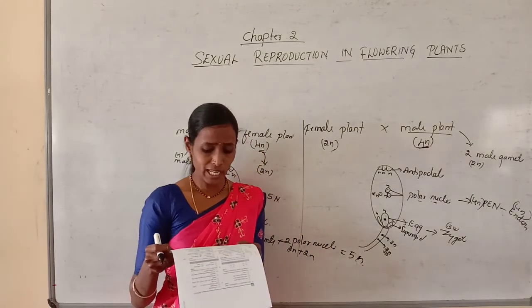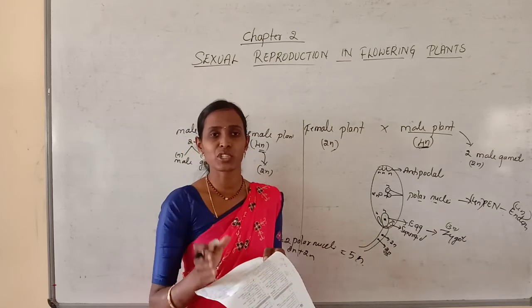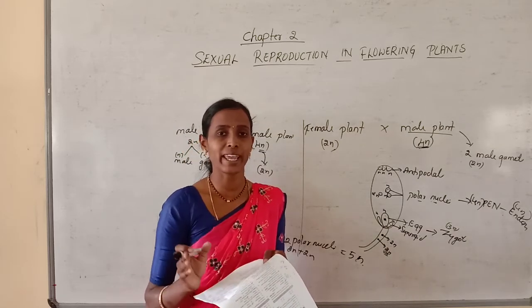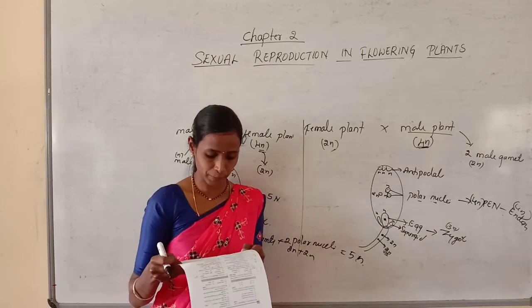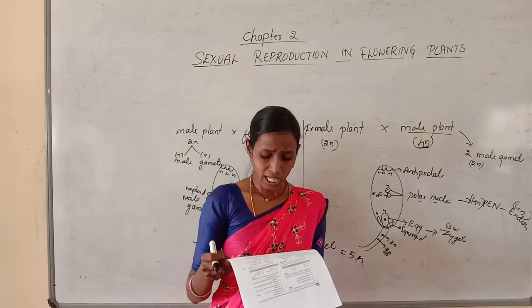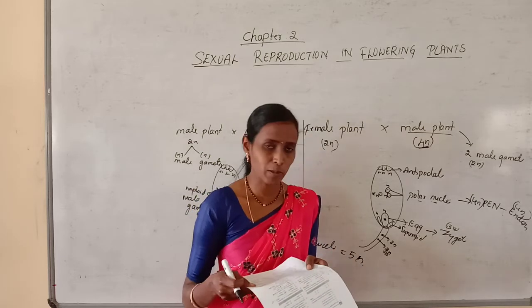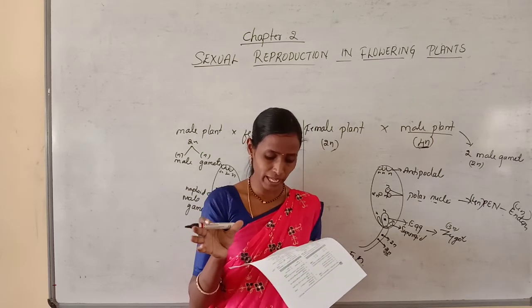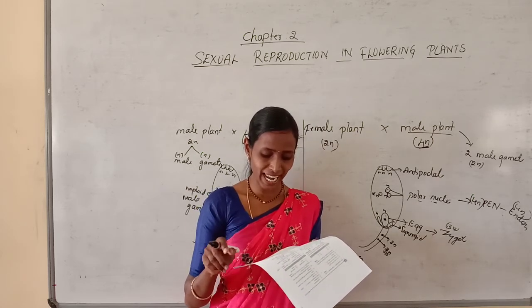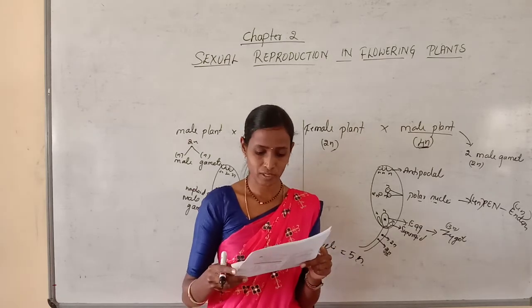And next question, double fertilization is a characteristic of. So double fertilization is the characteristic feature of all angiosperms. No doubt in this. So option A is correct. Next question, double fertilization and triple fusion were discovered by. You know what is double fertilization and you know what is triple fusion. So these were discovered by option B, Nawaschin and Guignard, in the case of Fritillaria as well as Lilium.